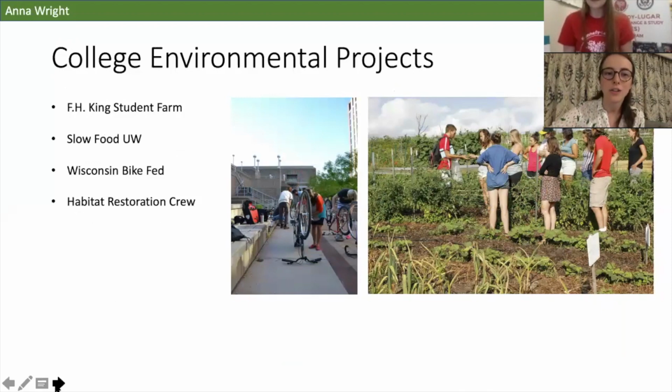In college, I worked on a lot of projects. These are just a few. I was the finance director for the FH King Student Farm, where I worked very hard with some of the other board members to make the farm a much more sustainable enterprise. It was operating on a pretty ad hoc basis, and while we were growing vegetables for sure, it needed a lot more structure, and we were